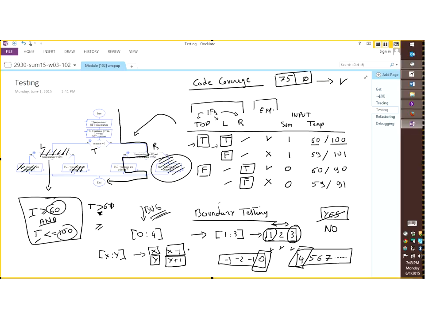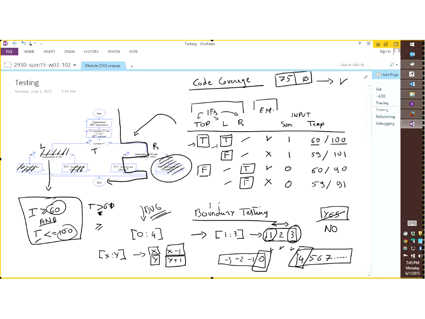No, I just try to generate enough confidence that my program is doing its job by testing all the parts of the code. And each time I find myself with an interval, I assume linearity of behavior, and I try to test the boundary of the interval. These are going to be the two main tests, not the only things that we're going to test in this class, but I would say that if by the end of this module you have a clear idea of what these two different tests do, and you systematically try to use them, not every program is going to require you to do code coverage or boundary testing, but it's good to think about whether you need it or not every single time.